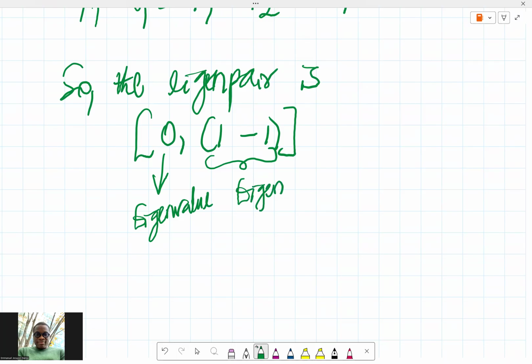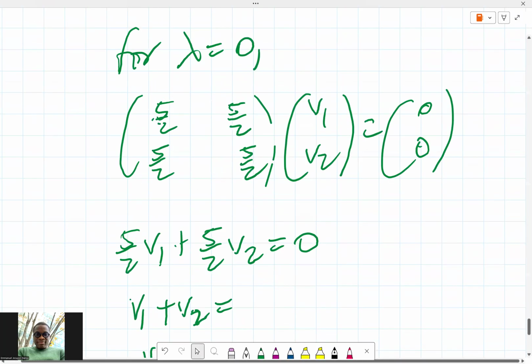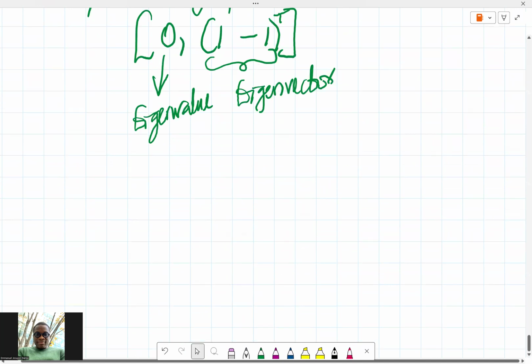But of course, we know 0 is smaller than 5, so it can be the first principal component. So this is the eigenvector corresponding to it, right? So we can even put transpose on top of it. So that is for lambda equals 0. So if we do for